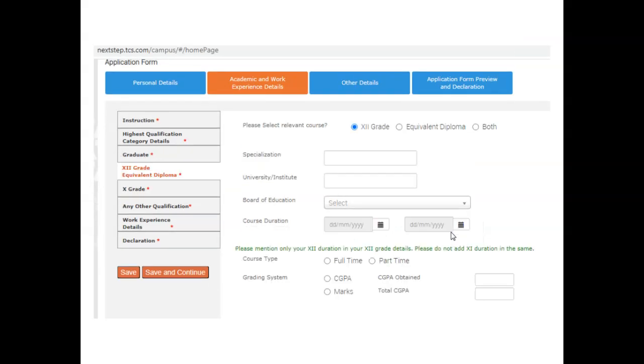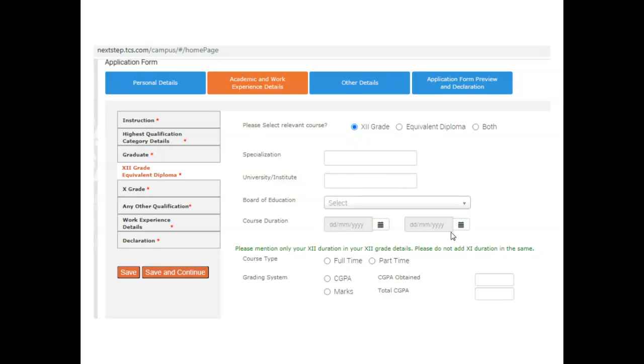That's all. Next, 12th standard, likewise specialization. Okay, like physics, chemistry, biology, or physics, chemistry, computer science with maths, like that you have to mention, and your school name. Then your education board, like state board or CBSE, whatever it is. Then here you have to mention only the 12th standard duration. It should be a 1 year period, like April 2016 to May 2017 as the ending year. Okay, likewise you have to mention. So please keep it in mind.